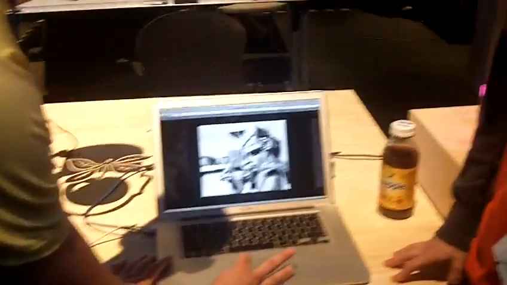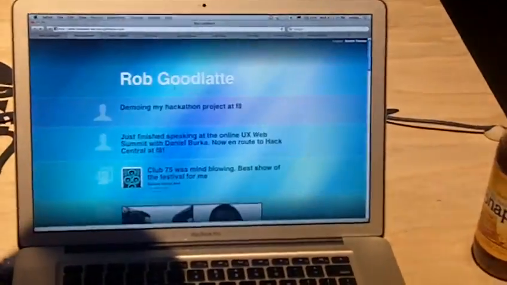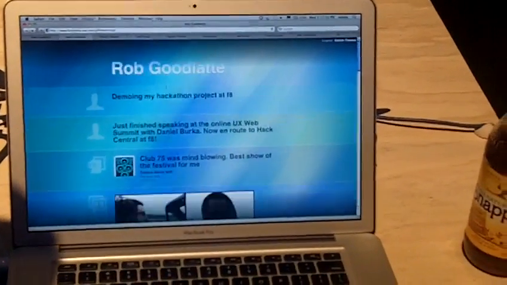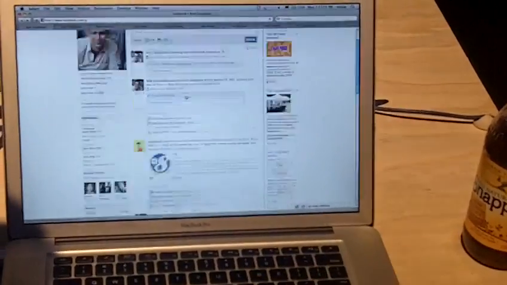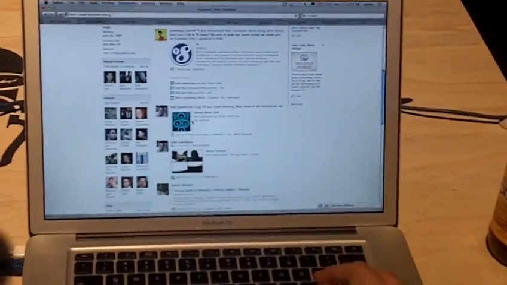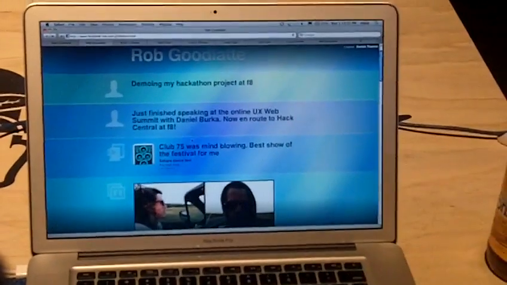Yeah, so we took it from two approaches. Rob took it from the approach that he has a personal blog. He also has a Facebook profile, and he wants to surface a lot of the stuff he shares on his Facebook profile on his public blog. So he built a concept page, which is basically a theme of his Facebook profile. You can see a lot of the content he has on his Facebook profile, all his stories, appearing on a third-party site.